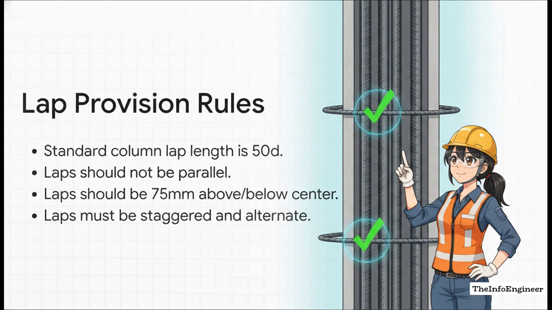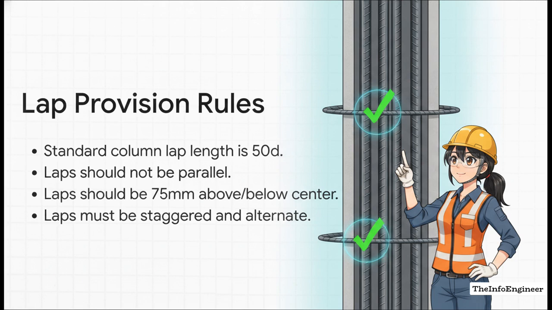Second, laps must never, ever be parallel. They should be staggered and alternate to prevent creating a localized weak point in the structure. Finally, laps should generally be positioned 75 millimeters above and below the center line in the middle zone. Getting this wrong doesn't just compromise the structural integrity, which is absolutely crucial, it drastically inflates your required tonnage by